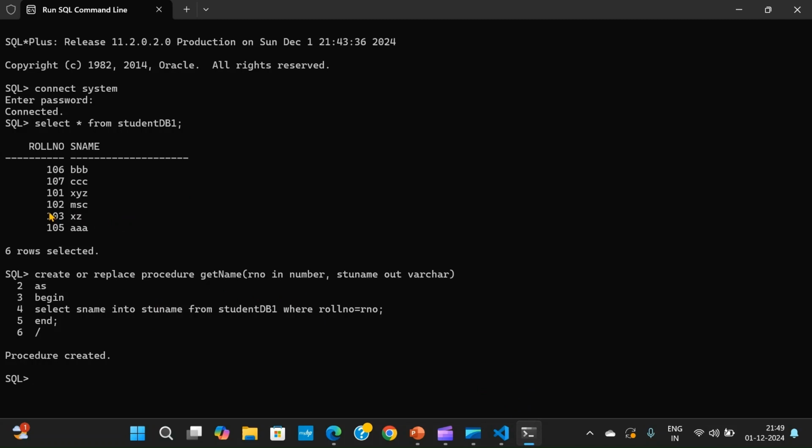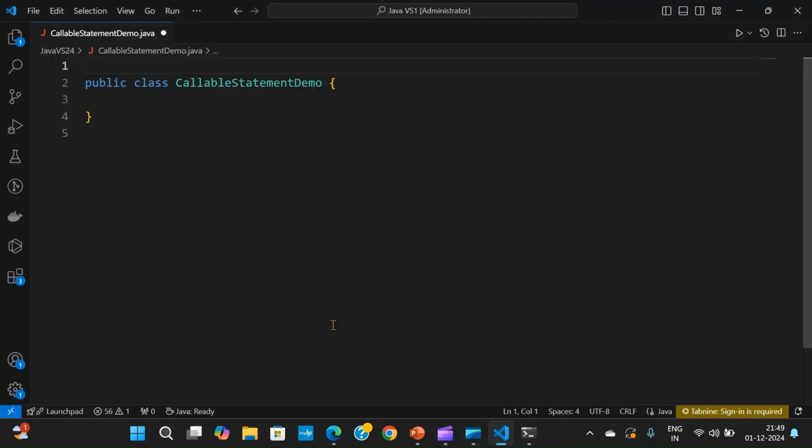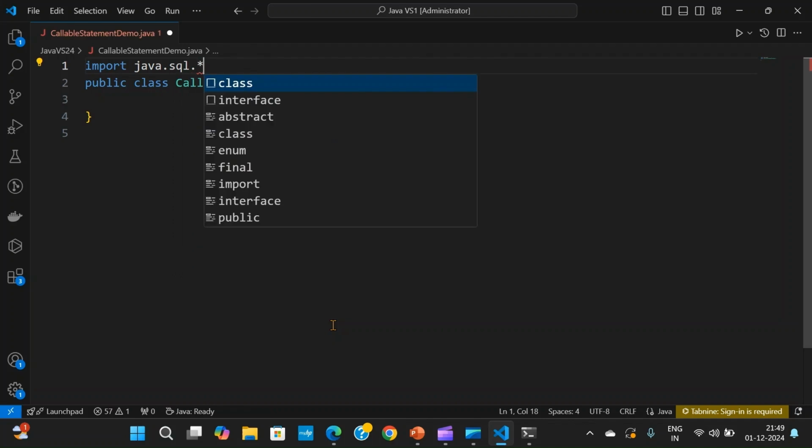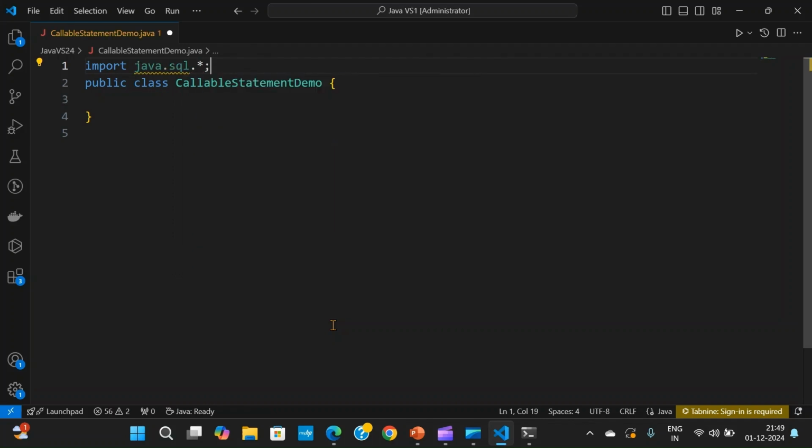Okay, so here we have 102, right? That 102 will give in the program, and my expected outcome is the name of the student is MSc. Okay, go back to your window. So I'll write import java.sql because this one is a main API for that for us. Then public class,